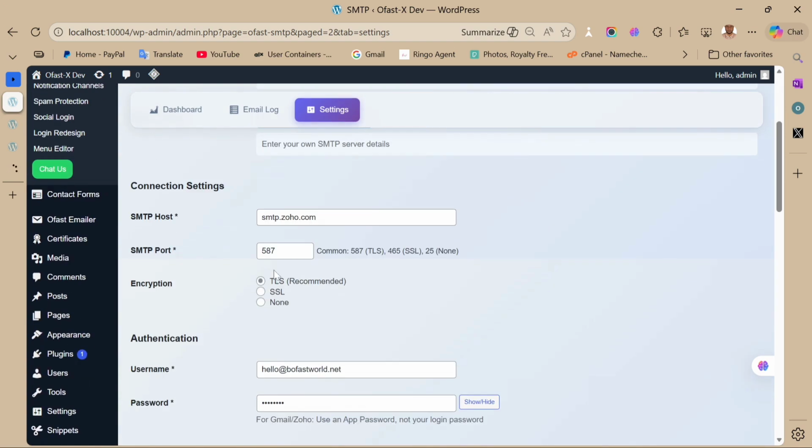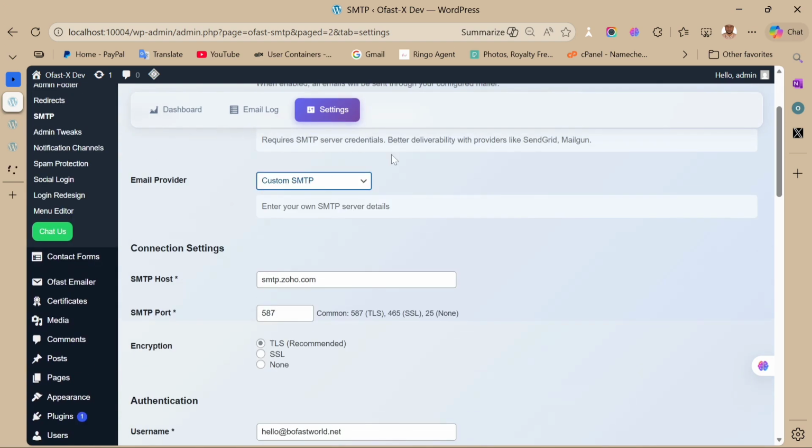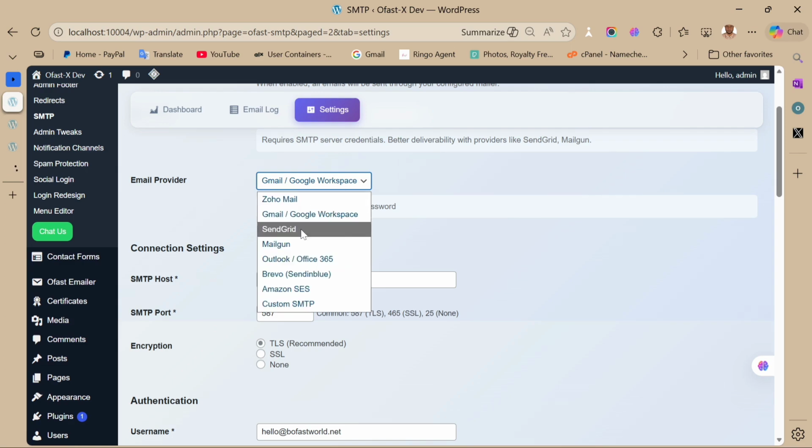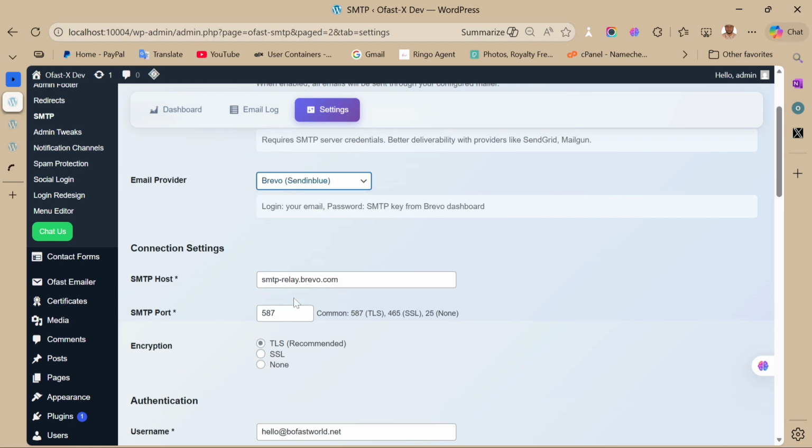So because I choose SMTP, if I use Gmail, it's going to put your hosting here by default. If I use Mailgun, you're going to see it here. If I use Outlook, I'm going to see everything here. So you don't need to bother yourself about this, except